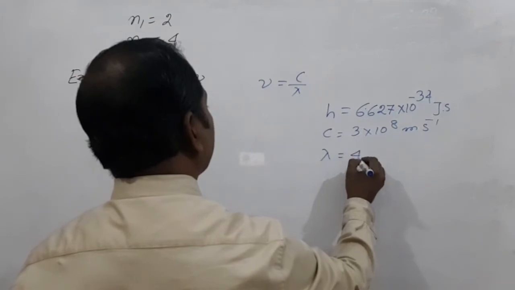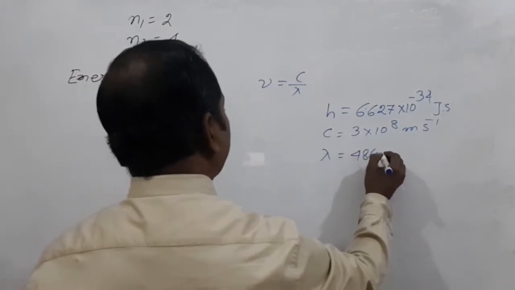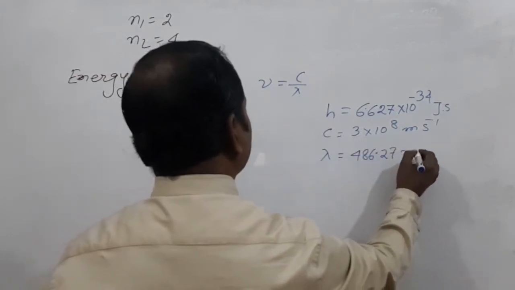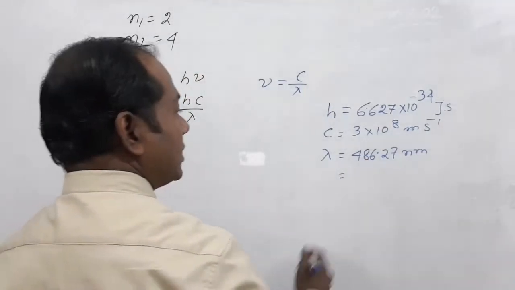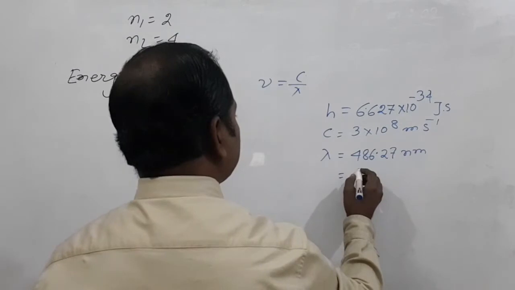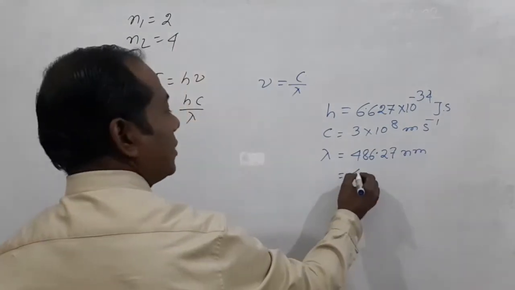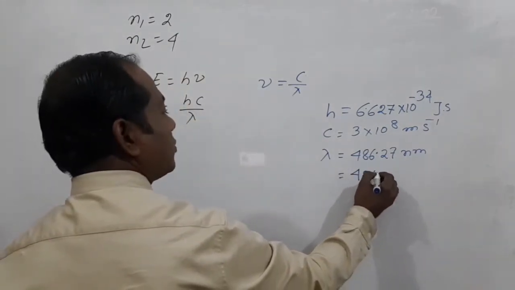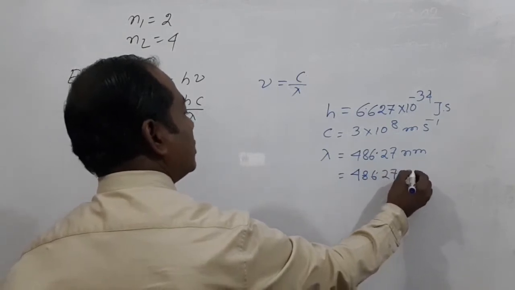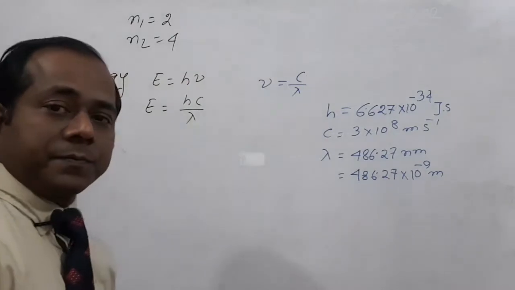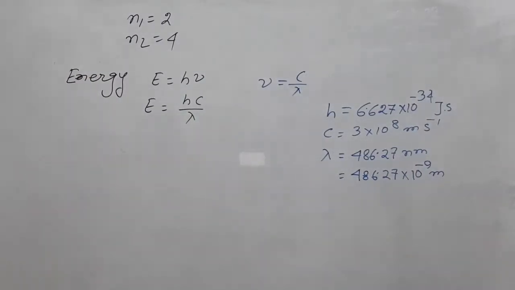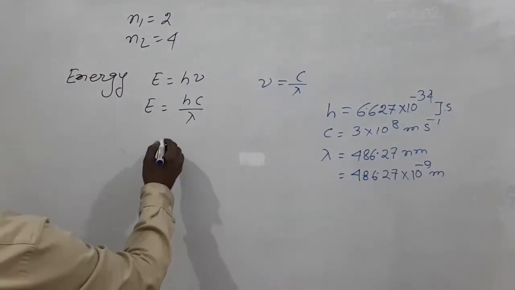lambda equal to 486.27 nanometer. To convert this unit nanometer to meter, we have to multiply 10 to the power minus 9. That means 486.27 into 10 to the power minus 9 meter. Okay, my dear students. Now